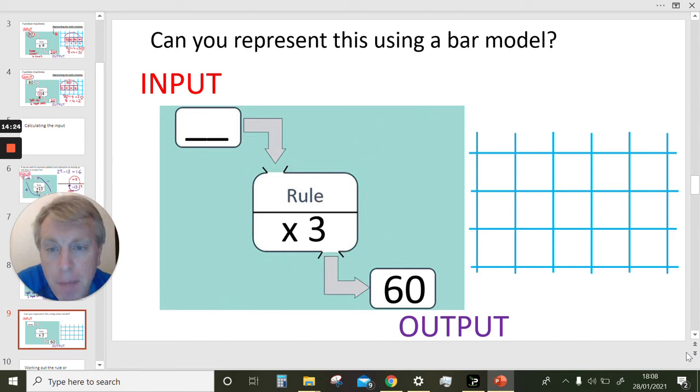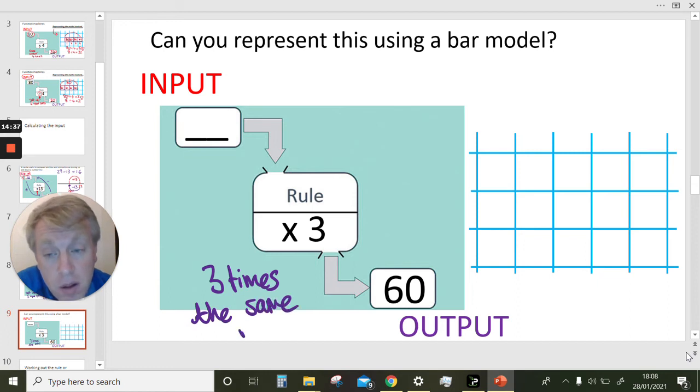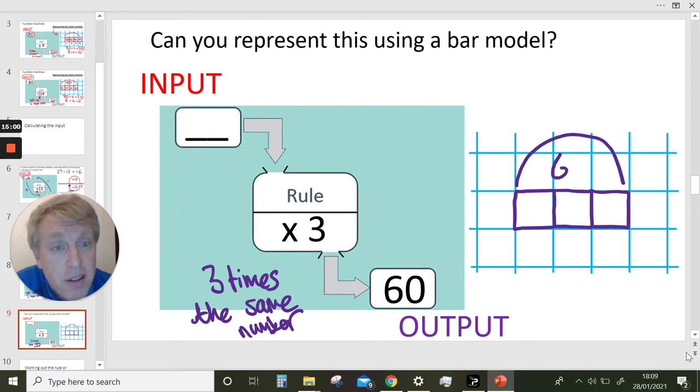So there is a number. When we have 3 times the same number, it gives us 60. Oh, I can draw that. So I want to draw the number. How many times is it that number? It's 3 times that number. That's what times 3 means. 1, 2, 3 times that number, and all together